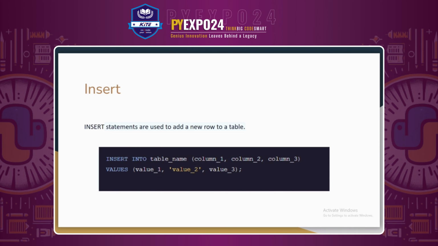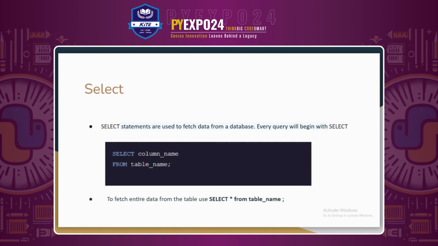Insert into table name, column 1, column 2, etc., values followed by the values which we want to include. Select is used to retrieve data from the database. Every query will begin with select. The syntax is select column name from table name, terminated by a semicolon. If I want to fetch the entire data from the table, I can use the command select star from